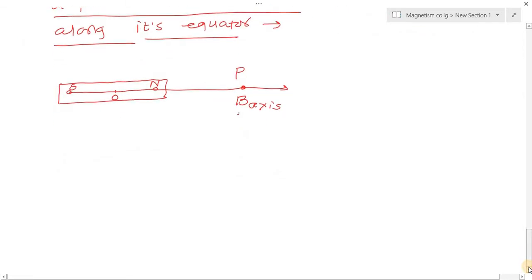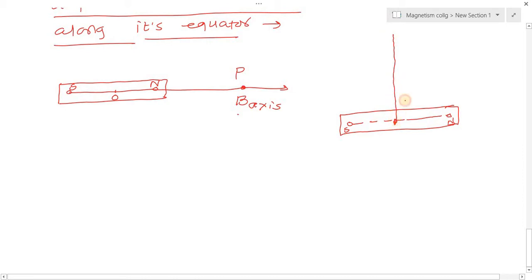So see, where is the equator? See, a bar magnet is there. Equator is the line, vertical line, which is passing through the center and perpendicular to the axis. So here, suppose this is the bar magnet. Here this one is the south and north pole. This is the line which is joining the two poles. So here is the center, and what is equator? Equator is a straight line which is passing through the center.